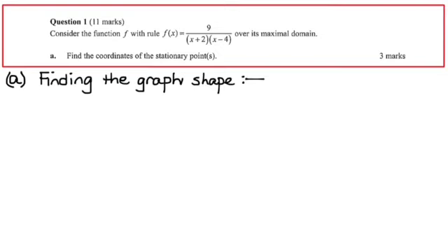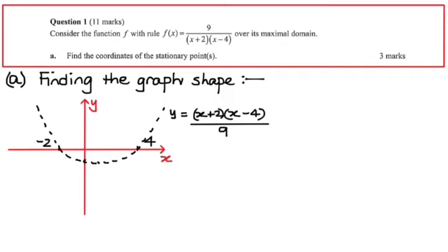We're going to find the graph shape. I always like to find the graph shape just myself before I get a bearing on what's going on, but it's just a reciprocal quadratic, so it won't be too erratic. There it goes. Now, that's the general shape of the graph of y equals (x plus 2)(x minus 4), or (x plus 2)(x minus 4) over 9, if you like. I'm just looking for the general shape, okay? These are very critical points to know: this intercept and that intercept, and this positivity here, and this negativity here, because that's all relevant